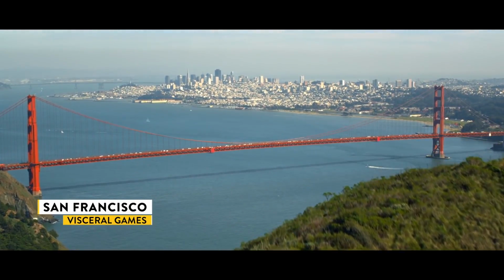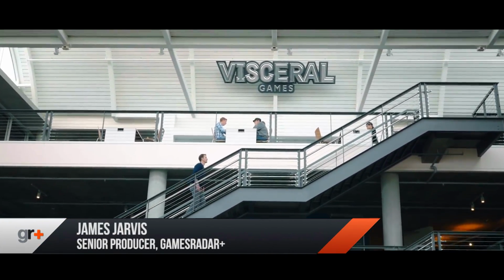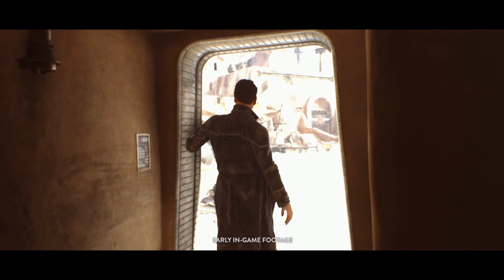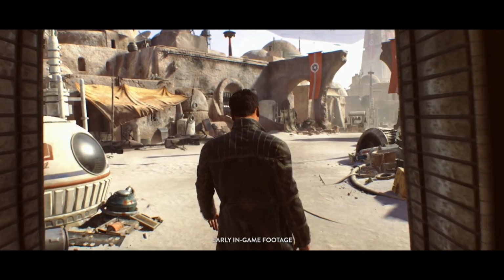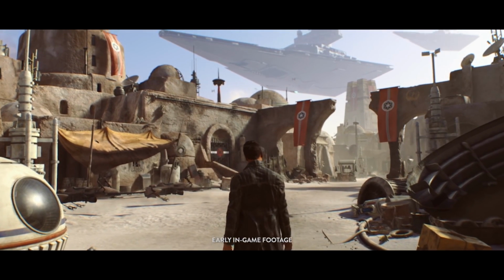EA's discussion of upcoming Star Wars projects during the week of E3 2016 was quite the tease. We still don't have names for either Respawn Entertainment's title or the one from Visceral Games, but we did get to see some of the latter, even if it was only a mere 8 seconds. But that incredibly brief glimpse has already told us quite a bit. Here are all the secrets hidden in that footage, including the possible time period in the Star Wars saga when